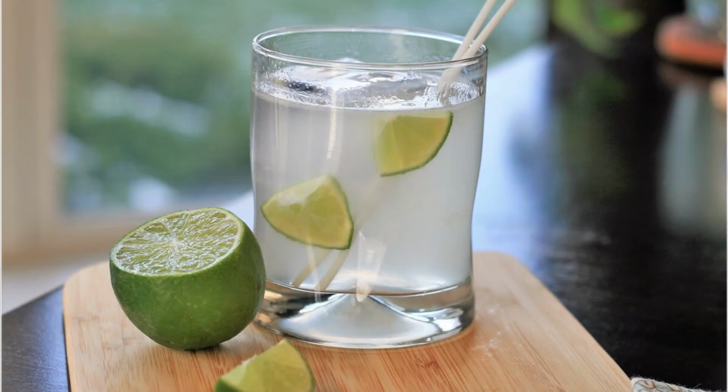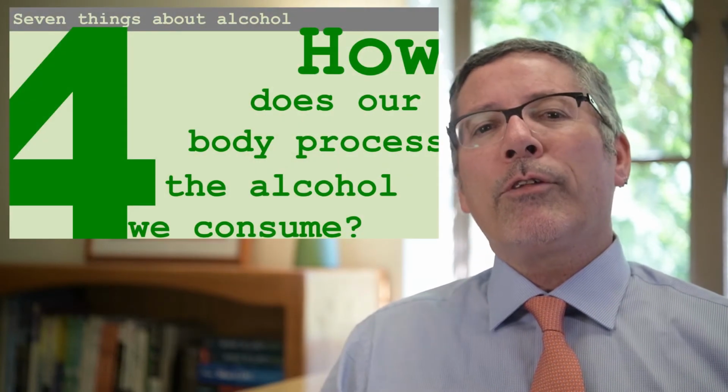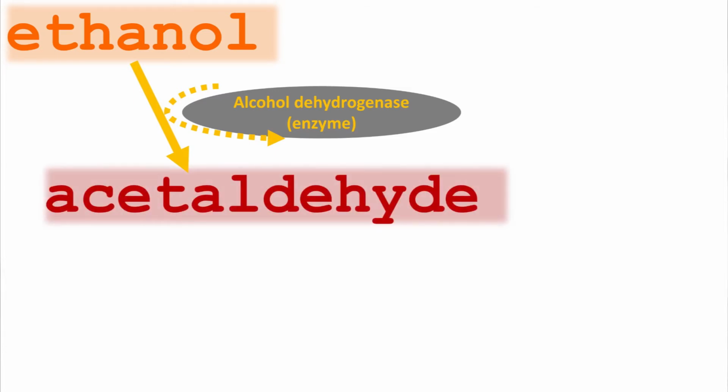So, all right, you consume some alcohol, then how does our body process it? It doesn't stay in our system forever. What's going on after you consume a drink? Well, you take ethanol into your system. The first thing that happens is that you've got this enzyme, alcohol dehydrogenase. And alcohol dehydrogenase does just what the name says, dehydrogenate. It rips off a hydrogen from ethanol as the first part of a metabolic pathway, the breakdown of ethanol. So when you rip off the hydrogen, now you're left with something called acetaldehyde.